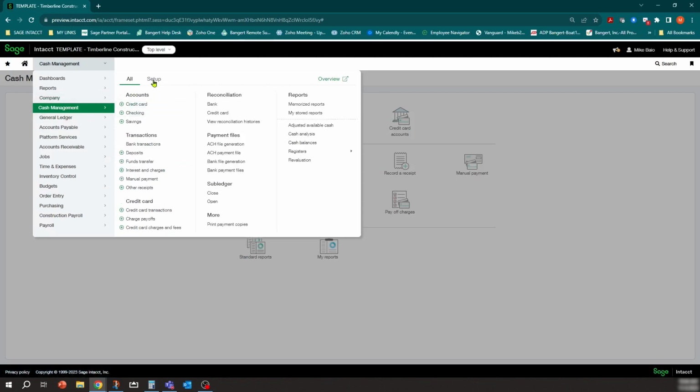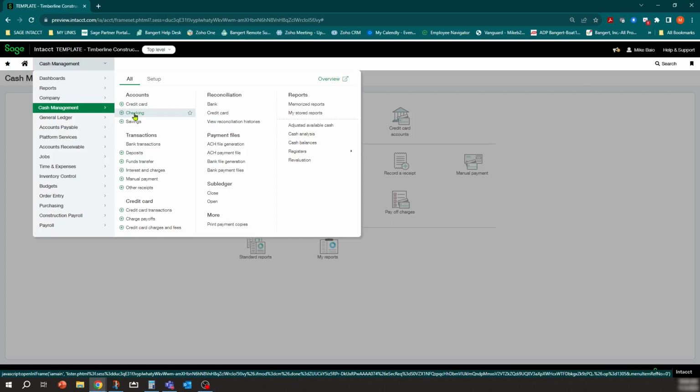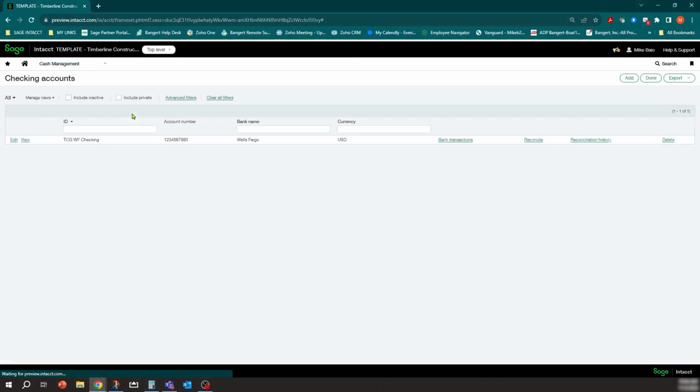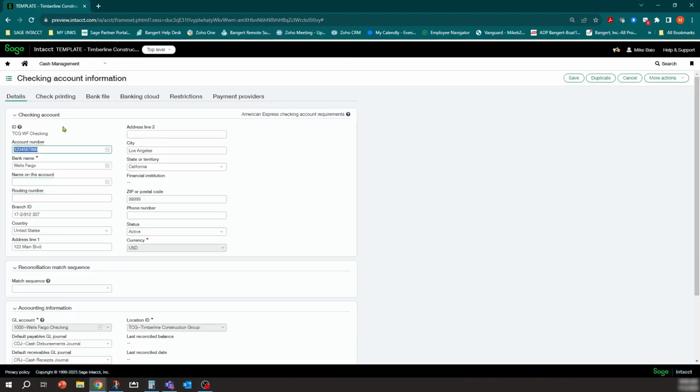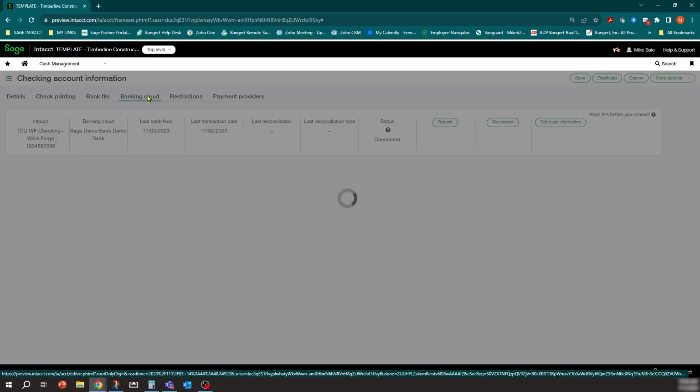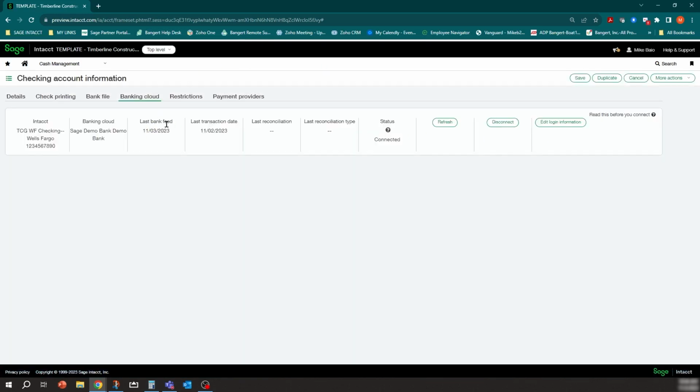As far as your last setup, if you are using bank feeds and you haven't turned on and signed into your online bank account yet, you need to do that inside your checking account. And if you go into your checking account, you'll see a tab called Banking Cloud. So you want to make sure you're connected and transactions are actually downloading for you. You need your login information and you'll need to sync up to your bank. But once that's done, you can see here I'm synced up to a live demo bank here, and we have some feeds from today that are connected. I'm all good, so I should be able to see transactions in the system.